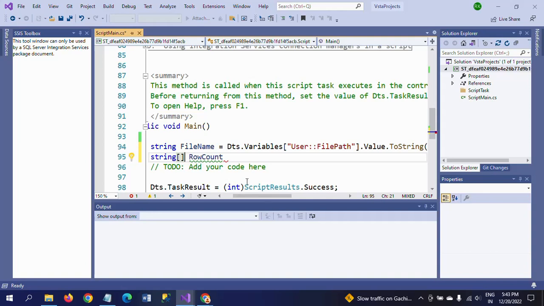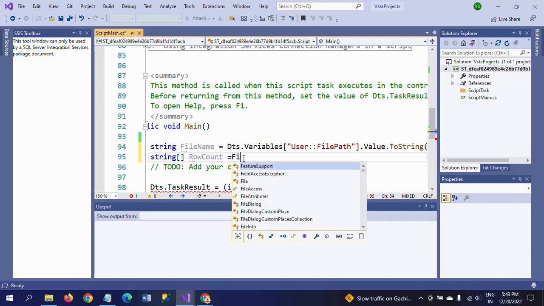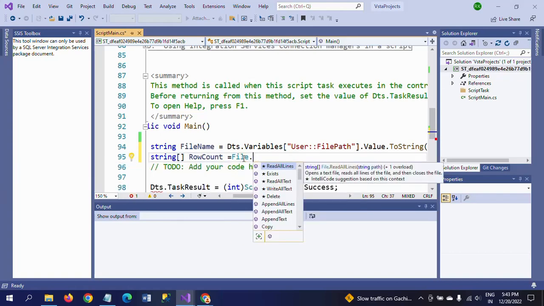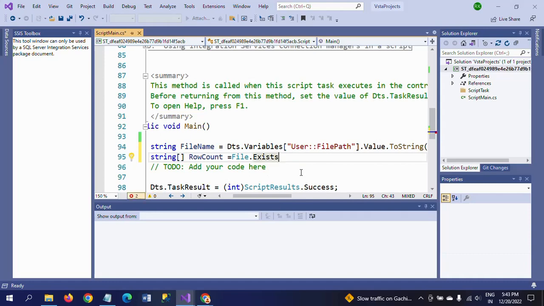Row count, which is equal to, and here I am taking File dot Exists. When clicking the dot, it will give what methods and functions are there in that class. It will show. So I want to take the Exists class, and within row count, not exist,